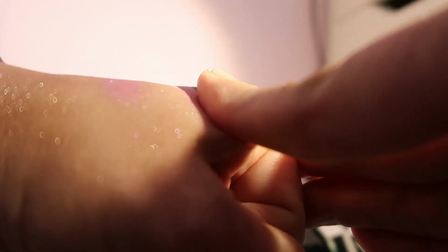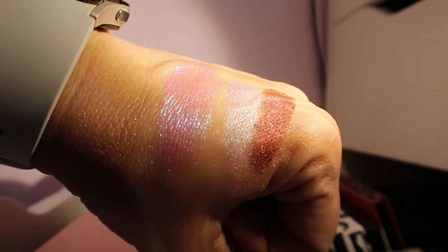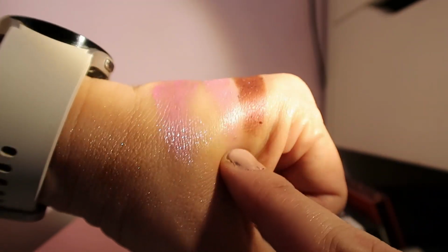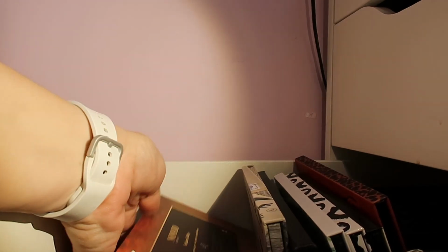Let's just swatch one, just because we can. Here, the last one. This is a dark shimmery burgundy. Beautiful. And you know what? The combination of these two together looks really beautiful. Yep. Okay, and next and last one that I have from Natasha Denona, which is in this size, is the